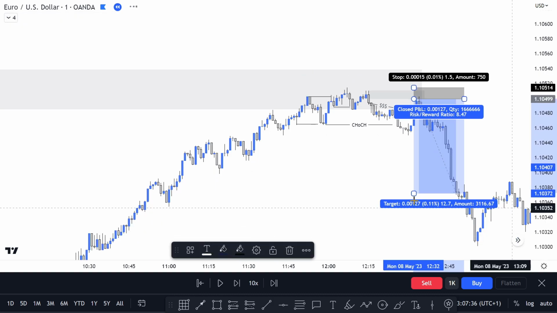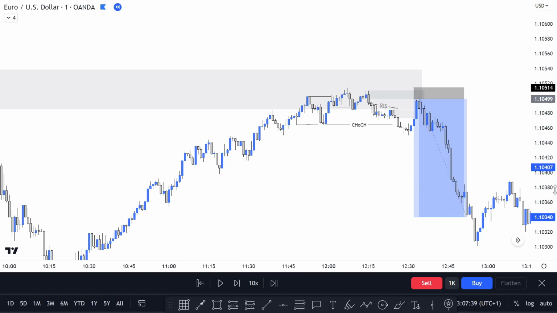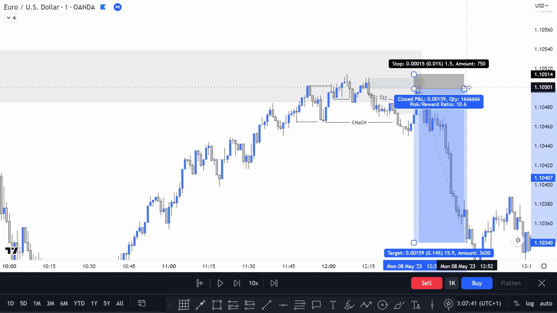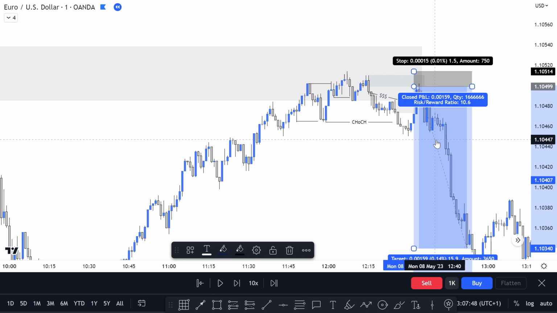You just imagine catching about a 1 to 10 risk to reward ratio per trade per day, and maybe 3 times in a week or 4 times in a week, right? You can literally be invincible. All right, so basically